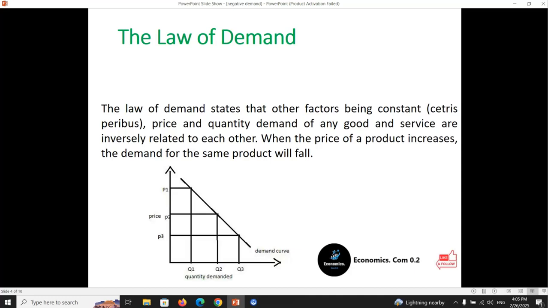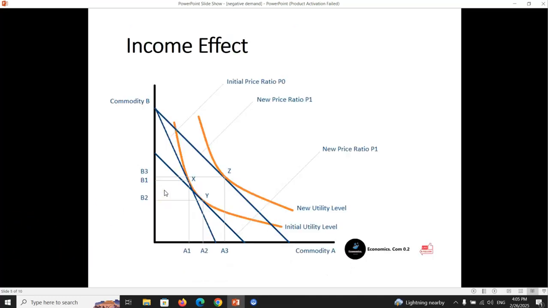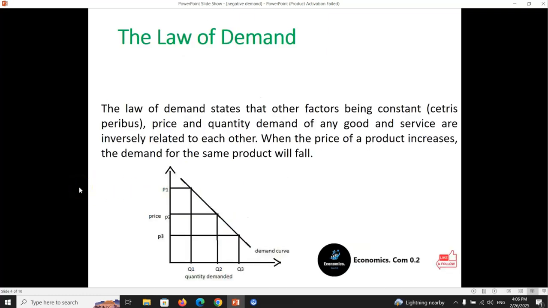At the highest price level, P1, the quantity demanded is at its lowest, Q1. This means fewer consumers are willing or able to buy the product when it is expensive. As the price drops to a moderate level, P2, the quantity demanded increases to Q2,